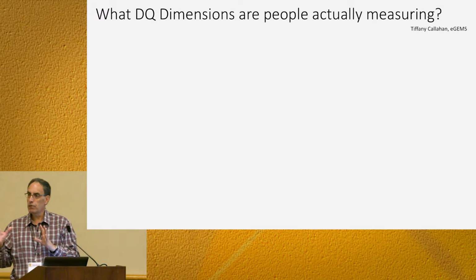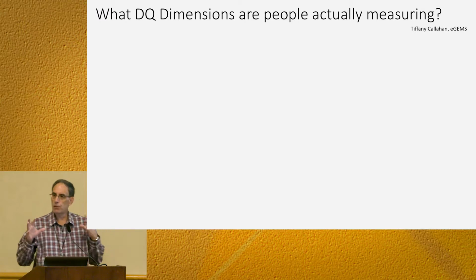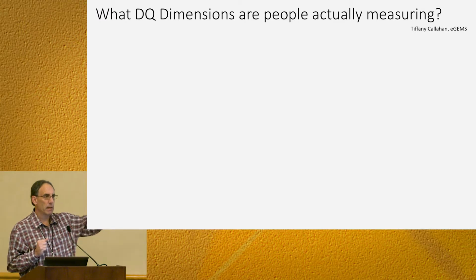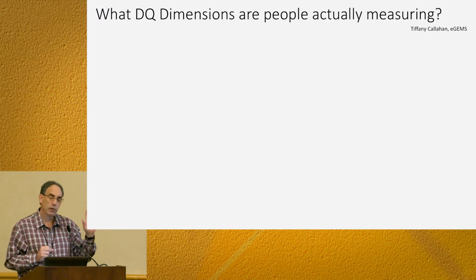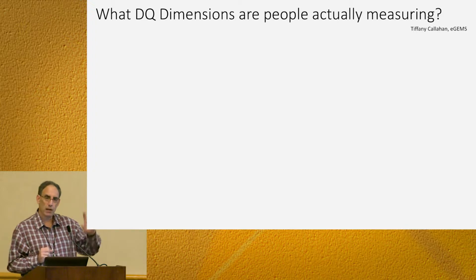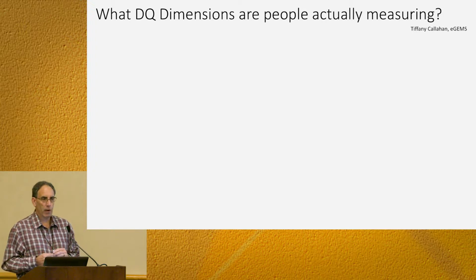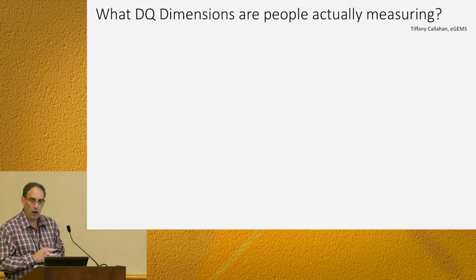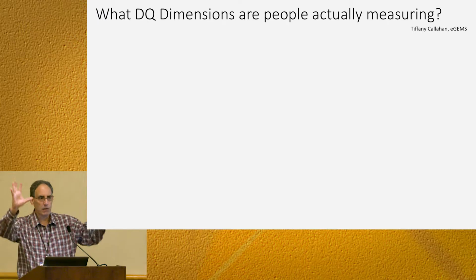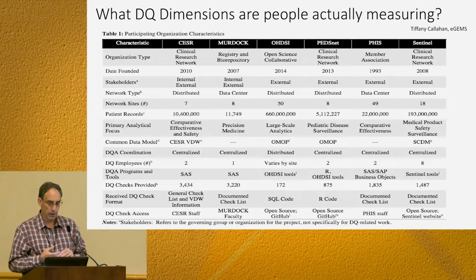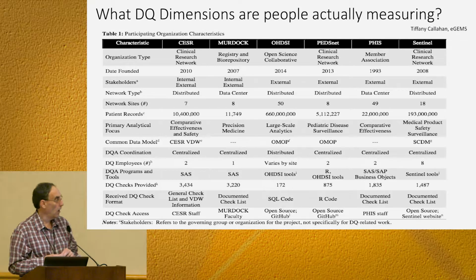But one day I want to switch gears and say, okay, we have this framework, nice work, very good. But let's use that framework to ask the question: there are people who have done work in data quality, they've published their work, and some of them have even put their data quality rules out there on the website. Others you have to kind of negotiate with. So Tiffany Callahan, who was a student of mine and has now gone on to her PhD, helped me ask the question, well, of the stuff that we could get hold of, what are people measuring against this framework? What's actually happening out in the field? So we were able to wrestle, cajole, guilt works really well,